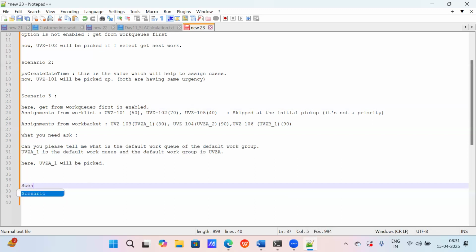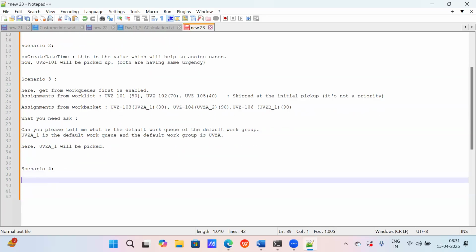This is scenario 4, the one that you have explained beautifully. That comes in scenario 4. There's one question. Will it pick only the default work queue or only on priority? I mean, the remaining won't get picked ever? Is it like that? Yeah, it will only pick first. I'm talking about only the priority ones.